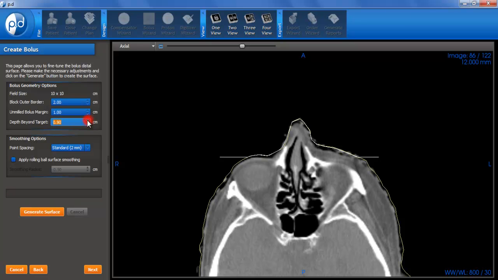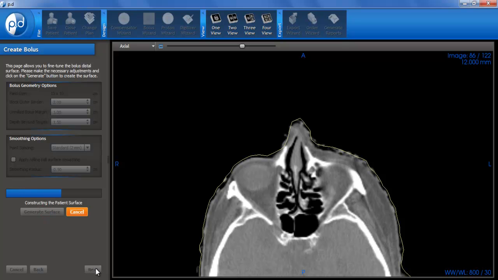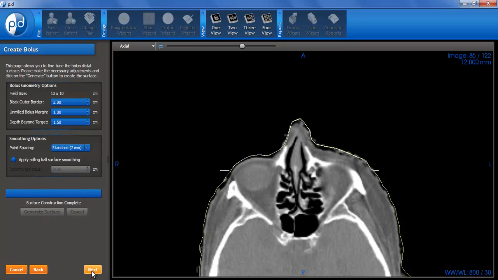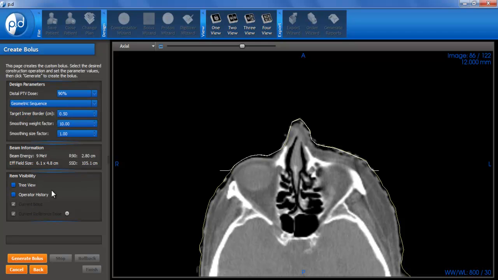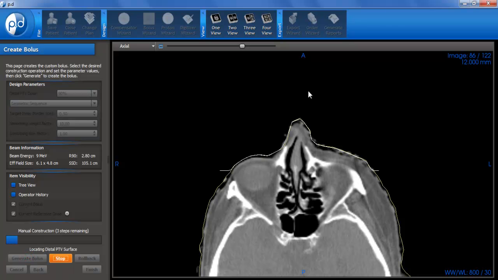Bring this guy back to make sure he goes all the way down into that eye. And then I'm going to go ahead and generate my surface. And just so we can see the effects of these two, I'm going to generate the actual bolus too. So I just want a very quick bolus generation, so I'm just going to use a geometric sequence here. Click Generate so that I can see what the bolus looks like,